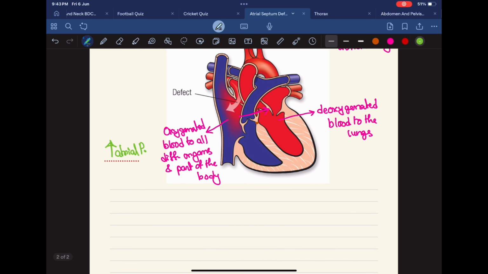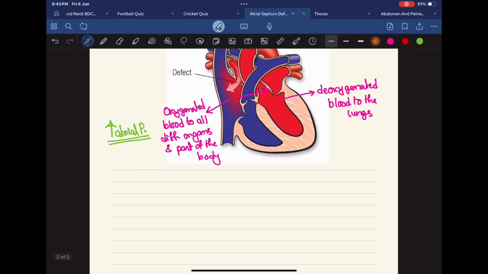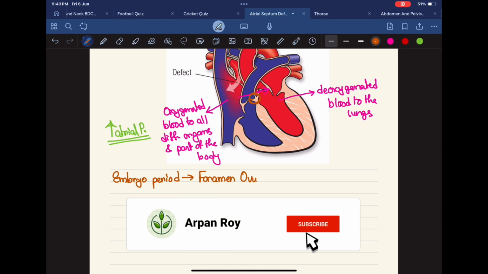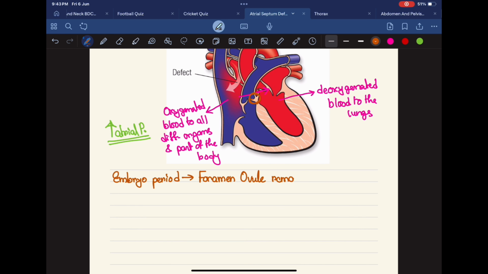The blood actually passes from the left to the right side in atrial septal defect due to high pressure. So what happens at the time of the embryological period is that there were no walls between the heart. There is one foramen ovale in this position. The foramen ovale remains open in the embryological period,